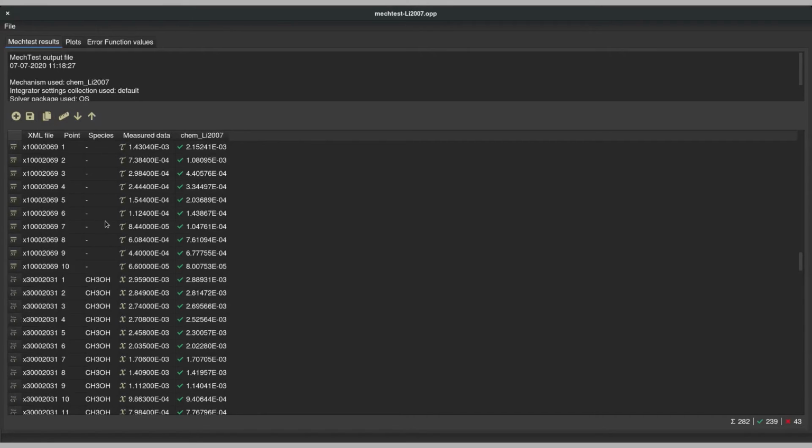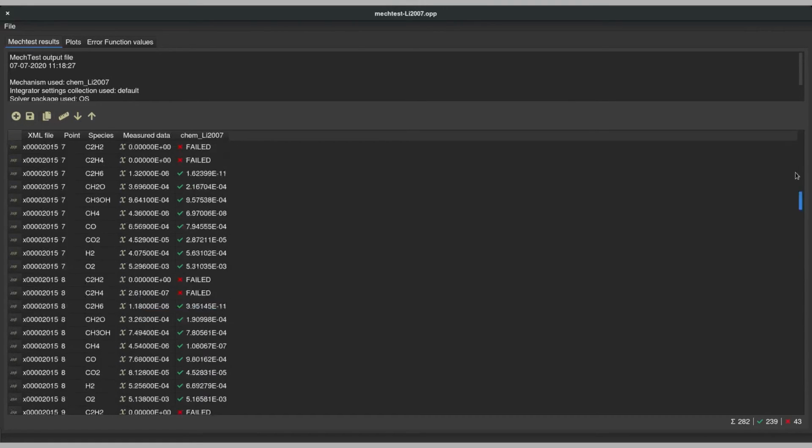So these are the ignition delay measurement results, and from here the simulated concentration-time profiles are listed. As you can see, we have 43 failed simulations.